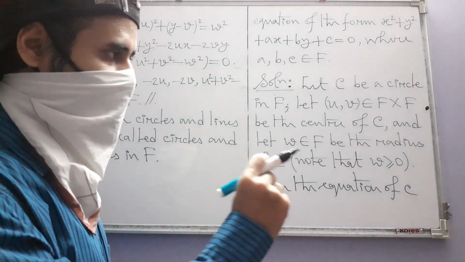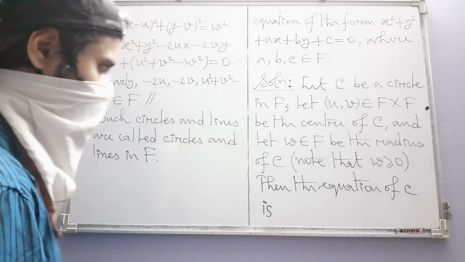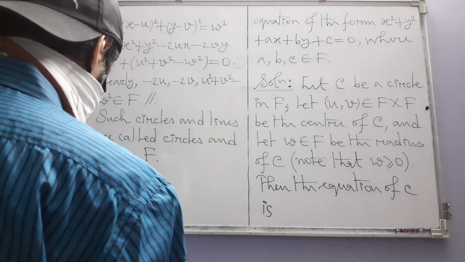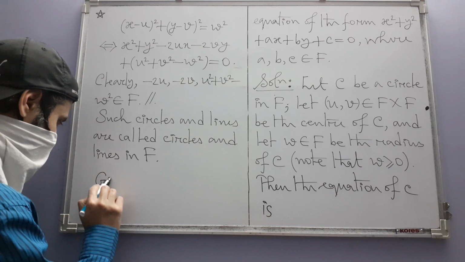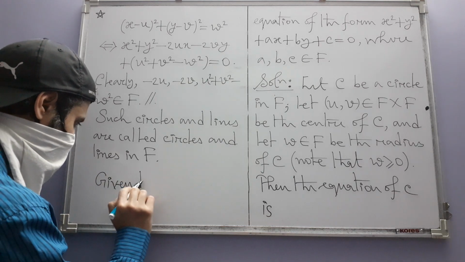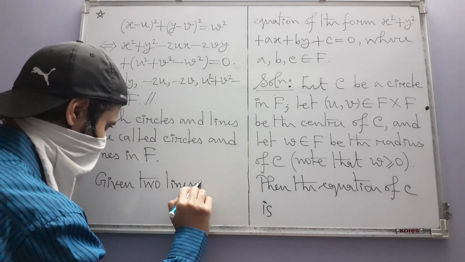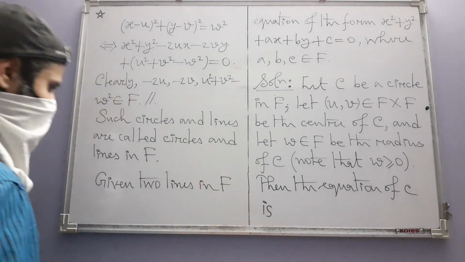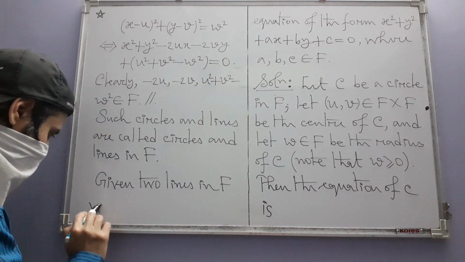What happens to the points of intersection? What about their coordinates? So here are some further things given. Two lines in F which intersect